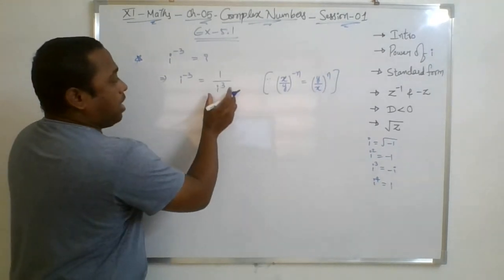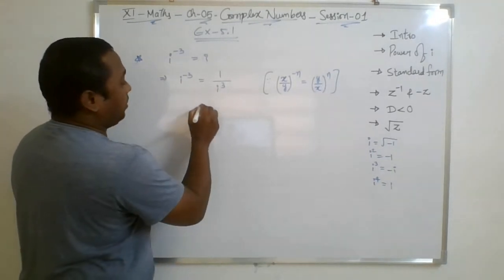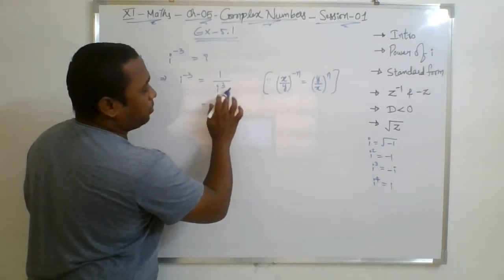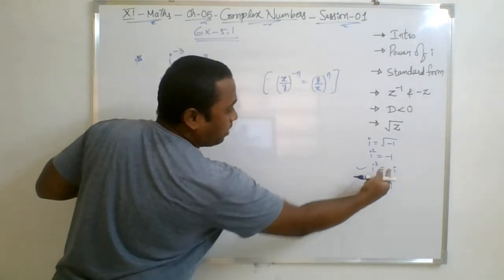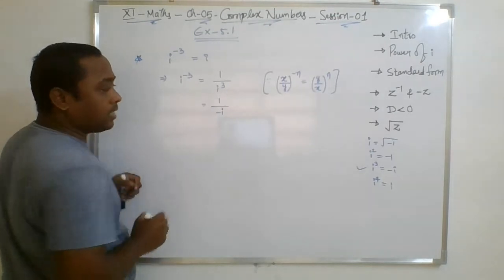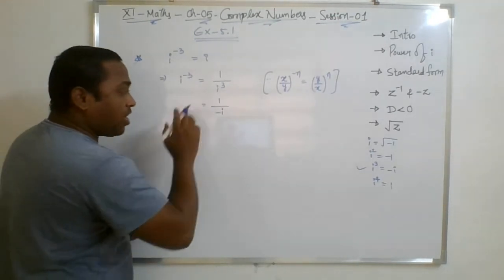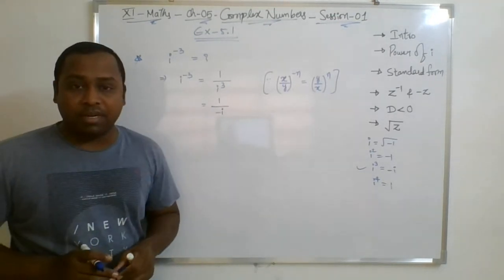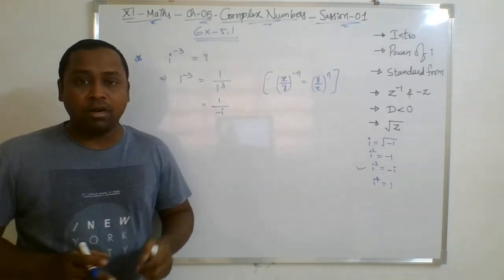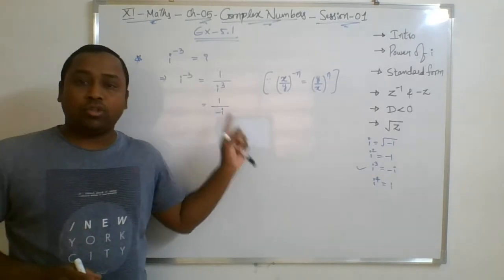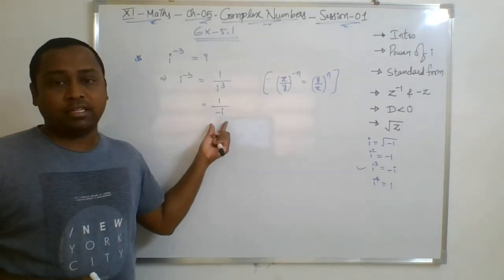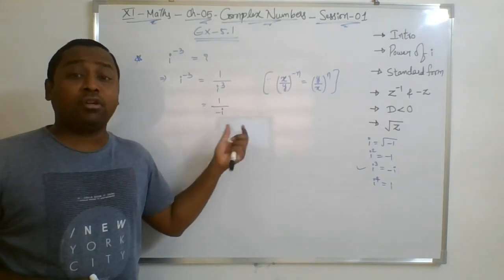Now I can solve this. How? See, 1 upon I cube value. What is the value of I cube? The value of I cube is minus I. So I am writing I cube as minus I. Since iota is left in the denominator, we need to do rationalization. Remember, whenever you are in the solution, if you got the iota terms in the denominator, we will go for rationalization